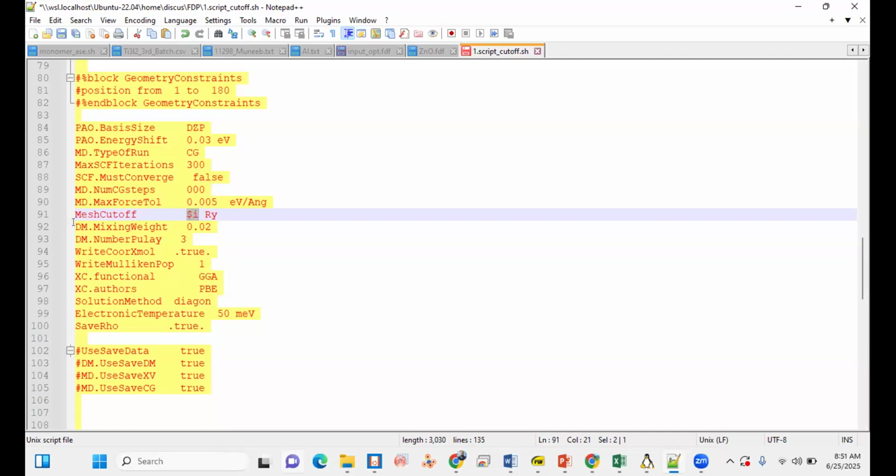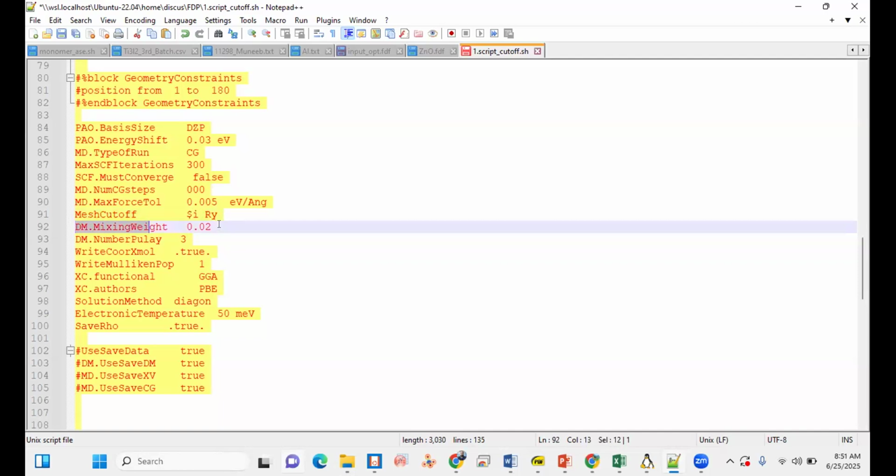And then the mixing weight scheme, which basically defines how much charge density I should consider, I mean how much weight of the previously calculated and the new calculated charge density, how much I should mix them.